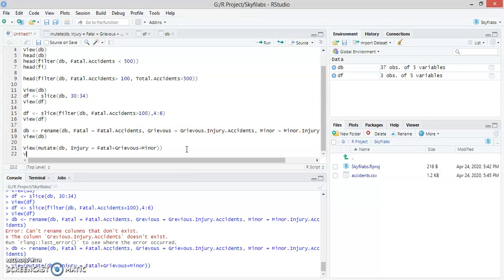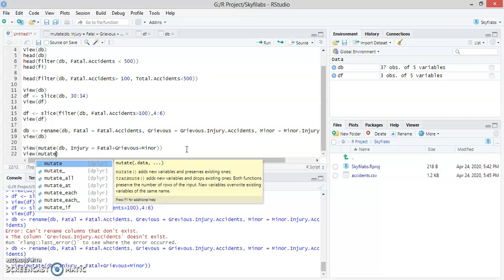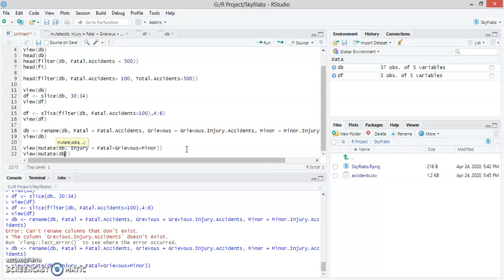Now we want to find out one more thing, how many non-injurious accidents there are. So again we view this data, then mutate as we want to add a column, then the name of the database DB, then non-injury is equal to total dot accidents minus injury.